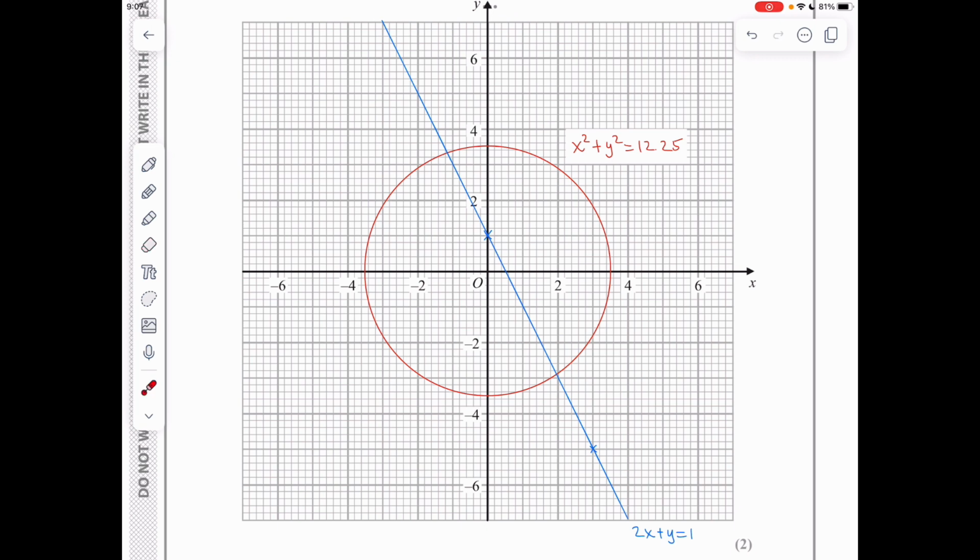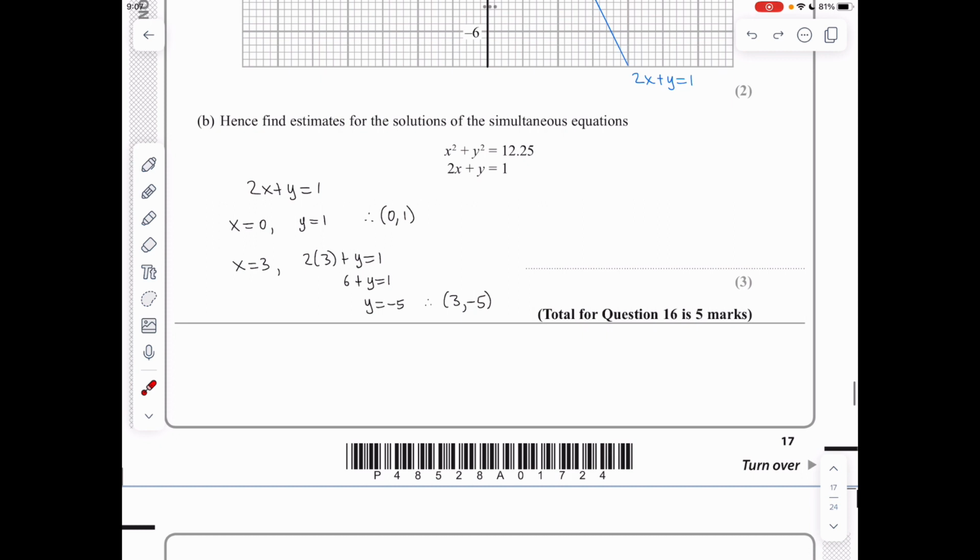Now we can see we've got a point of intersection here, so we can read the x value, it's -1.2, and the y value is 3.3. And there's another point over here which has an x coordinate of 2 and a y coordinate of -2.9, which means we conclude that x is -1.2 and y is 3.3, or the second point had x coordinate 2 and